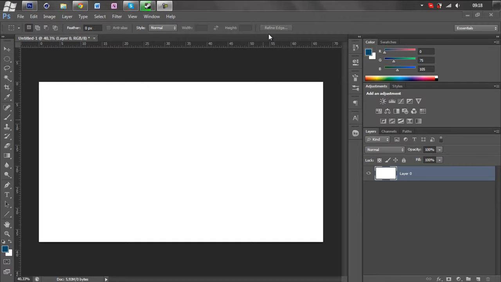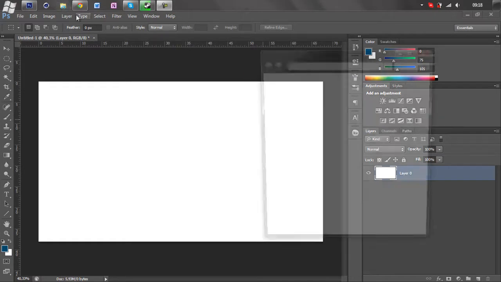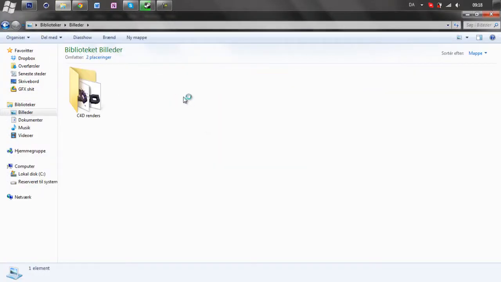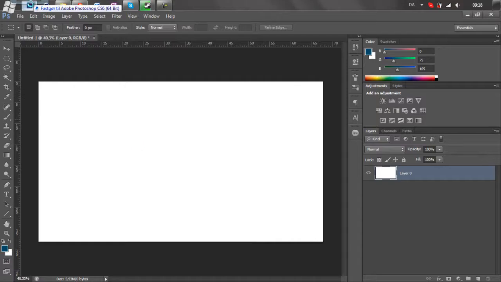So a lot of guys have been asking me how I use my pen tool and how I make my logos and illustrations, so I think I would just introduce you to the pen tool because it's a really great tool to have, and I'm just gonna demonstrate it on this picture. So if you wanna do an illustration, you can just draw something, or yeah, that's what I did the first time.